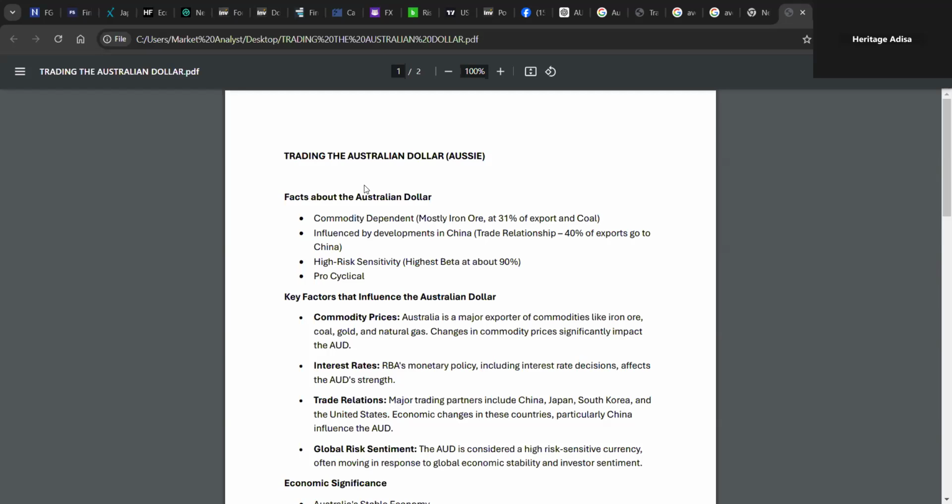Another thing I want to mention is AUD is a pro-cyclical currency. What do I mean by pro-cyclical currency? Pro-cyclical currency refers to a currency's ability to positively correlate with the global economy. Let's say it like that in a very simple way. That is, when the global economy is improving significantly, currencies that are pro-cyclical respond positively to that. When the global economy is suffering, shrinking heavily, currencies that are pro-cyclical, like the Australian dollar, suffer in line